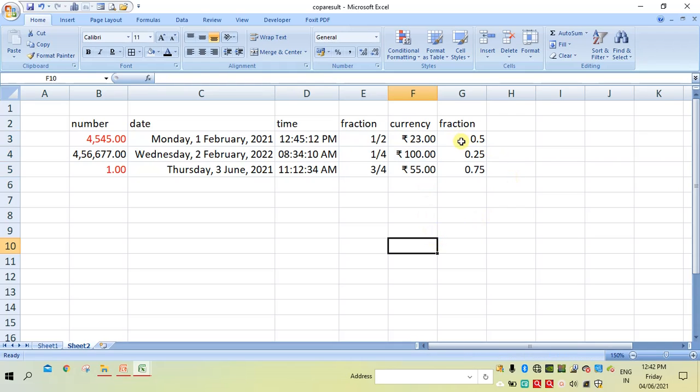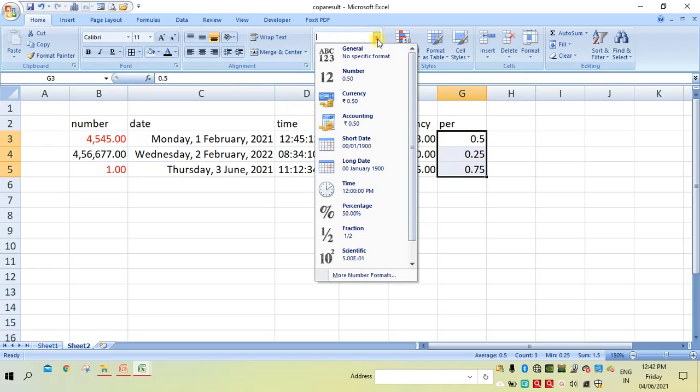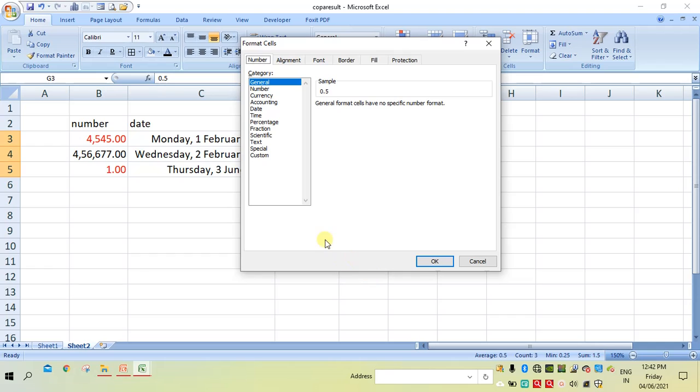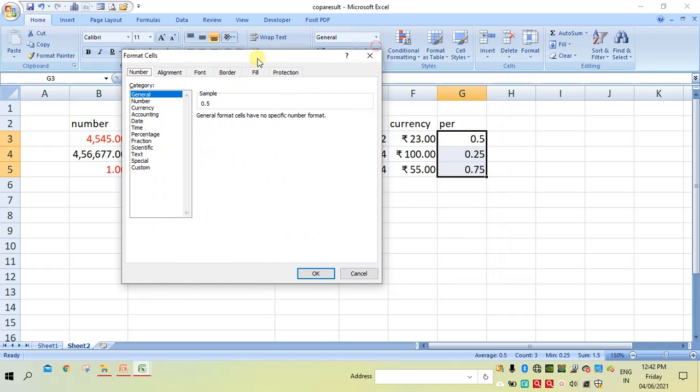And here, this is not a fraction, it is a percentage. Percentage can be changed into another format. Select it, click on this, go here, then select Percentage. Here it is showing the percentage with 2 decimal points.